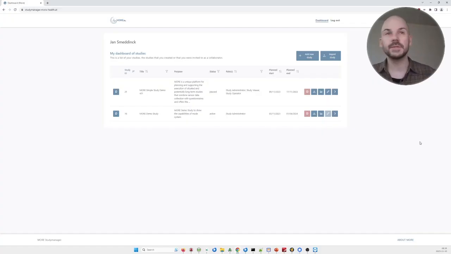Hello and welcome to this quick demo of a simple study implemented in the modular open research platform called More, currently at home at more-health.at. And the core idea of More, in case you don't know, is that it is a study manager and companion